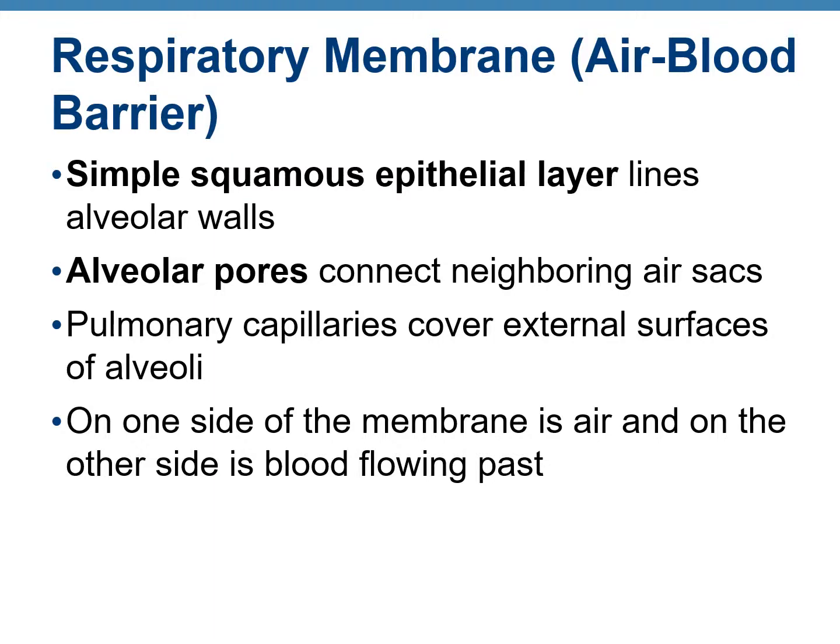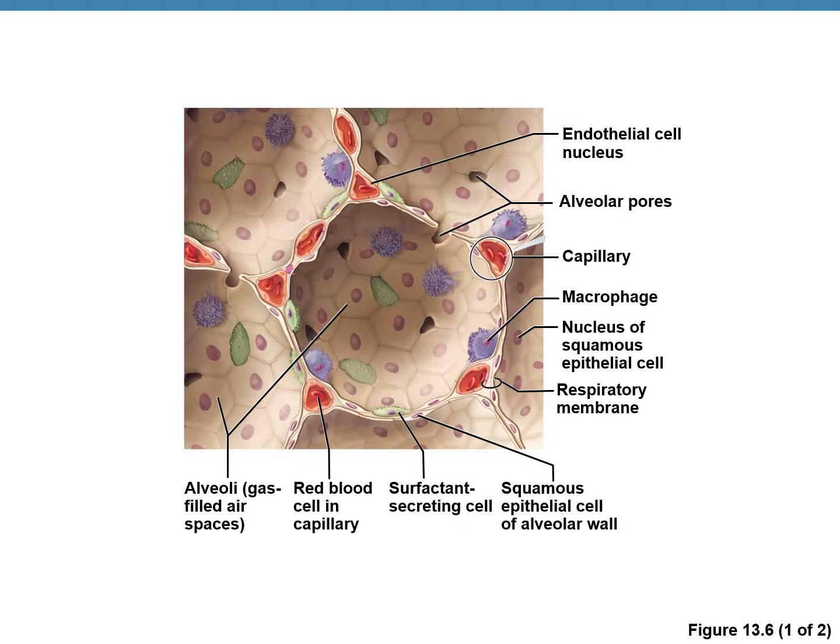flowing in these capillaries. This figure shows you several neighboring alveoli, and they have been sliced off to show you the inside structure. You can see that the cells are squamous, they are flat. It's one layer only. Every now and then you see those purple colored macrophages. They have to be there to eat up any unwanted material there. Also, you see the alveolar pores, the openings or connections, windows between the two grapes or the two alveoli. And each cell has a very prominent nucleus that by now you are so used to seeing. When you look at a histological section of epithelial cells, you do see prominent nuclei.